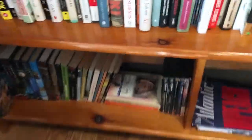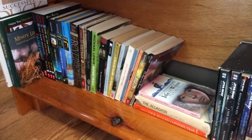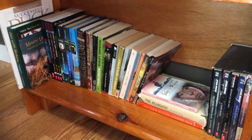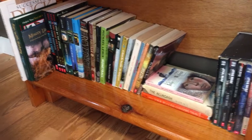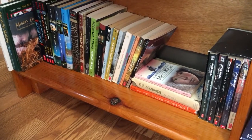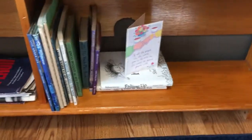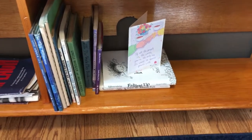And then this very bottom shelf, let me get down so you can see. These are my son's books that he has not taken with him yet to his new residence. So they're still here on the shelf, and you can see they lean heavily to adventure novels and some Star Wars stuff. Random magazines that I've read, and a few odds and ends of books that are too big to fit